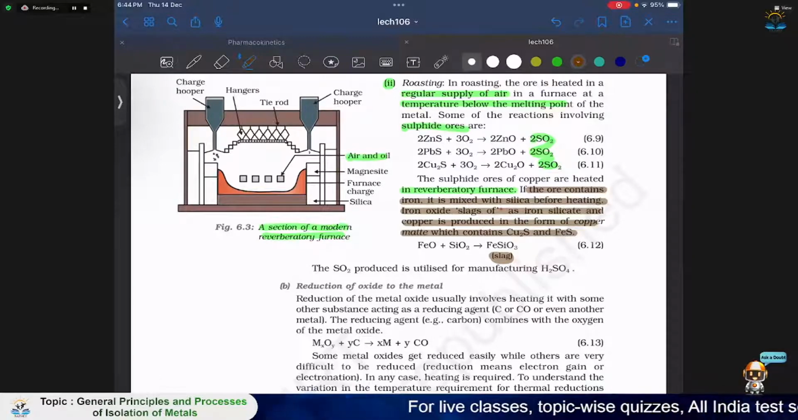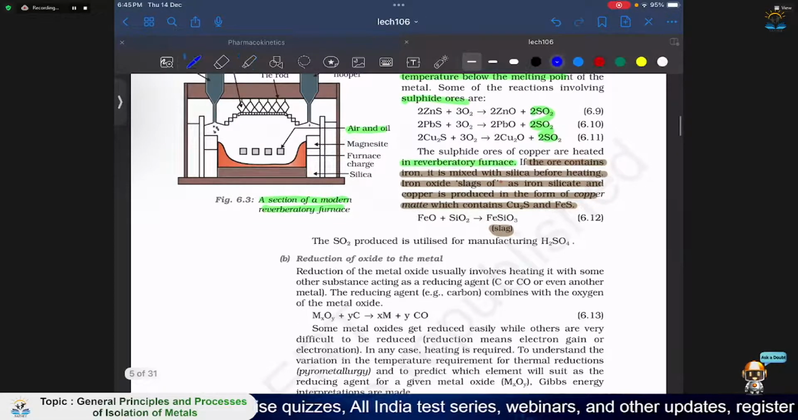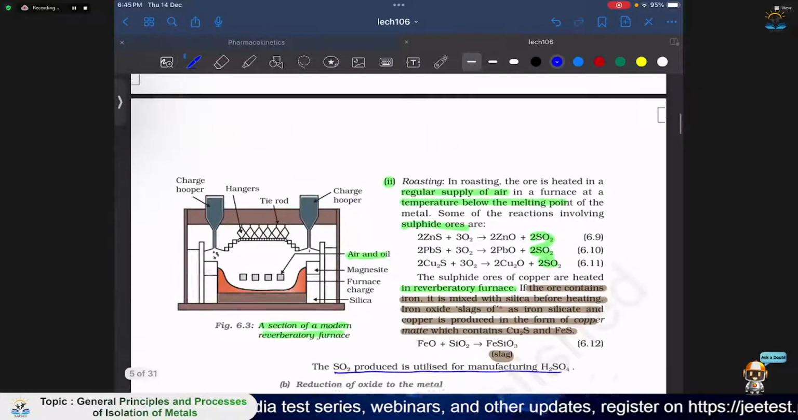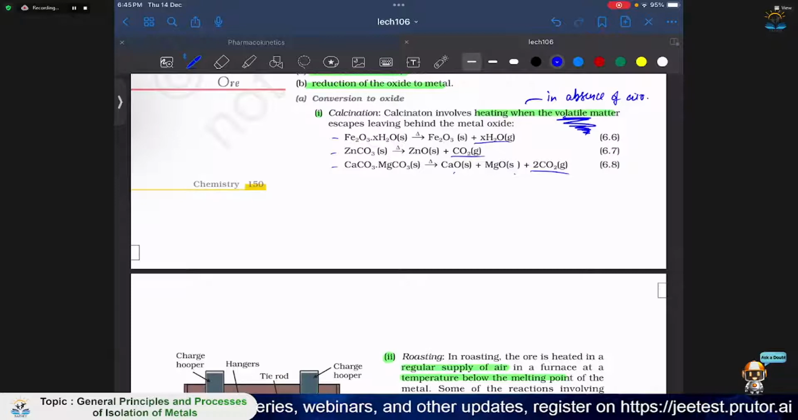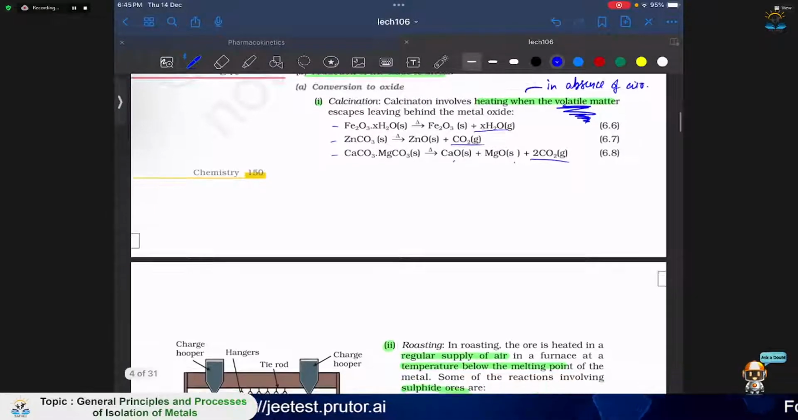And copper is produced in the form of copper matte, which contains Cu2S and FeS. All right, so you remove iron oxide in this way. The SO2 which is produced is utilized for manufacture of H2SO4. This was the first thing, conversion to oxide, and you saw the two methods: either heating in absence of air if the matter is volatile, otherwise heating it in presence of air, roasting, which is done in a reverberatory furnace, usually for sulfide ores. Right. Okay. Next,